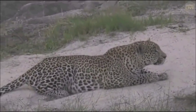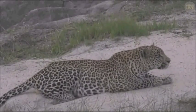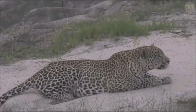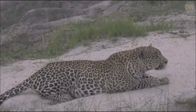So that would be bad. That would be completely unethical on our side to get out of the vehicle. He would do one of two things. He would either be so pissed off at me that he would charge me, or he would be so astounded that this crazy lady has gotten out of her vehicle that she's supposed to stay in, and he would run